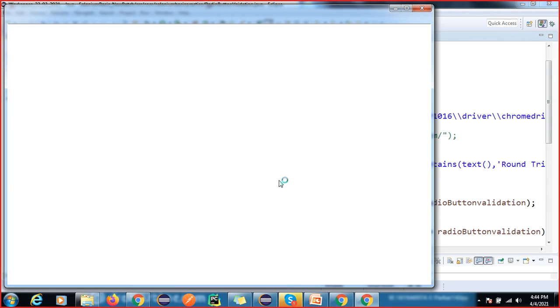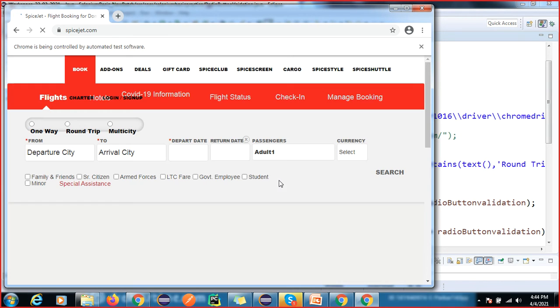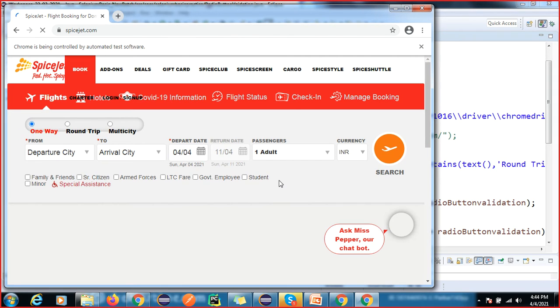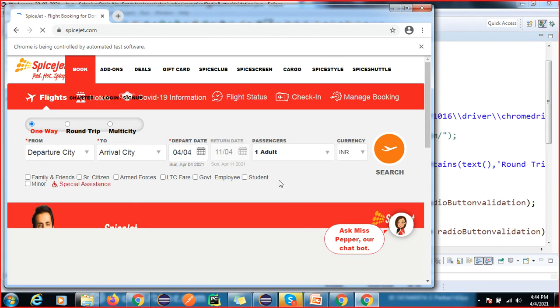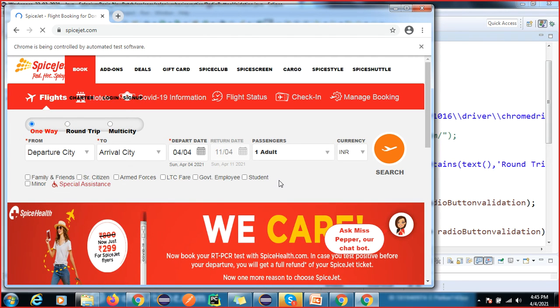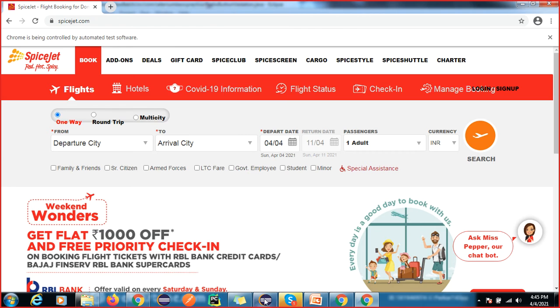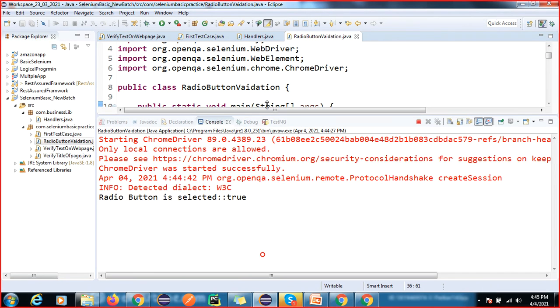So isSelected means it will verify whether the element, radio button or checkbox is already selected or not. isDisplayed is used, for example, if you're doing image validation, then we can use the isDisplayed method to verify displayed or not. For isEnabled, sometimes the web page has disabled elements, so it will also check whether the element is already enabled or disabled. Understood, right? So let me check this console.